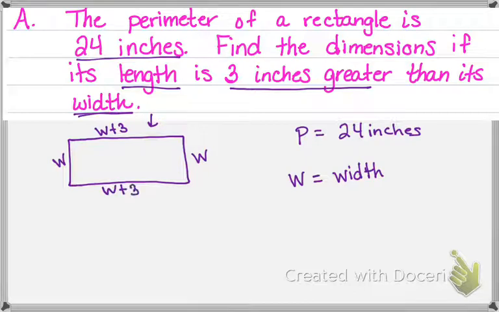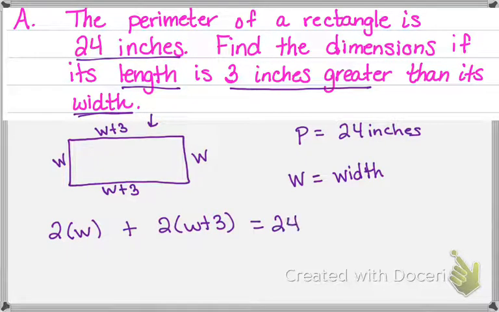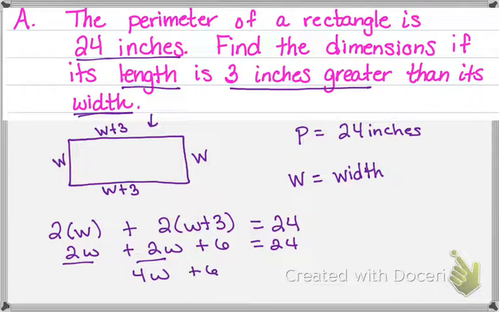W plus 3. So now let's set up an algebraic equation. Now you could put all these together, or you could think about I have 2 W's plus 2 W plus 3's, and I know that's going to equal 24. Now I'm going to solve. So I have 2W plus 2W plus 6 equals 24. 2W and 2W give me 4W plus 6 equals 24. Move over my constants, and I have 4W equals 24 minus 6, which is 18, and then I want to divide by 4, so my W is